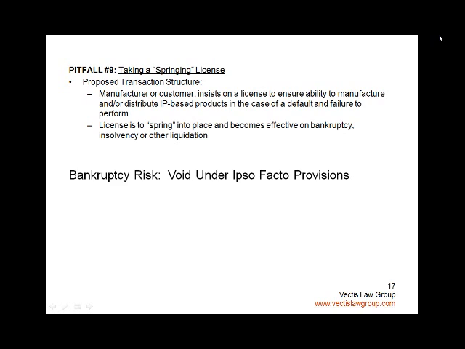So I guess I'm not sure, are you saying in pitfall number 9 that a source code license that springs upon a bankruptcy of the licensor would not be valid? Correct. Let's just take a step back. This is not a preference risk. This is not a fraudulent conveyance risk. This is another risk about executory contracts and what can happen to executory contracts in bankruptcy. And the general rule is that for executory contracts,